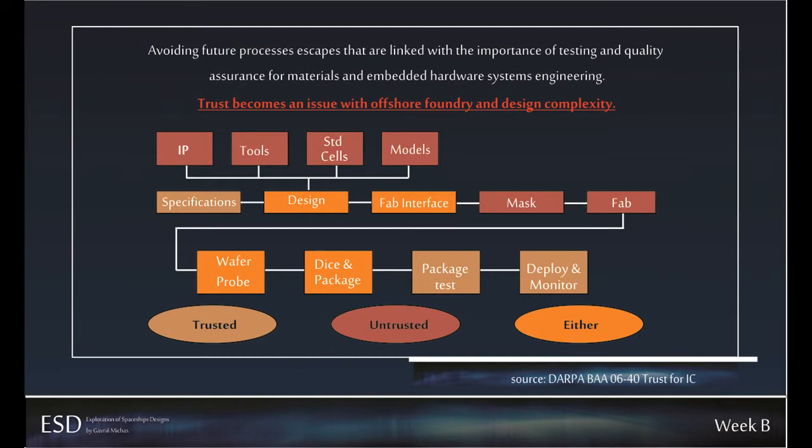Avoiding future process escapes that are linked with the importance of testing and quality assurance for materials and embedded hardware systems engineering. Trust becomes an issue with offshore foundry and design complexity. Following the process diagram, you can check in each step which part can be characterized as trusted, untrusted, or either. The overall goal is for the whole diagram procedure steps to be trusted,